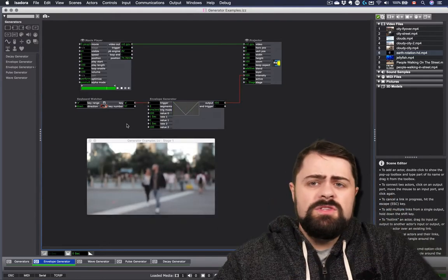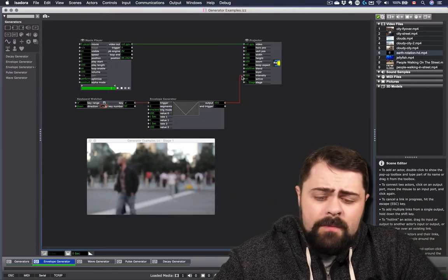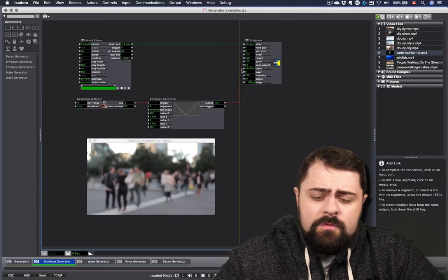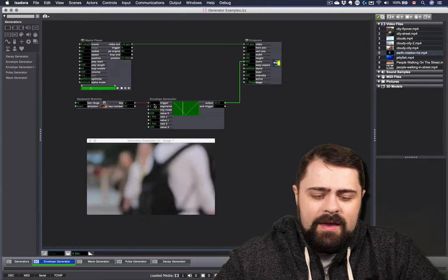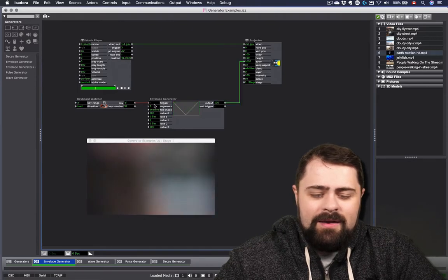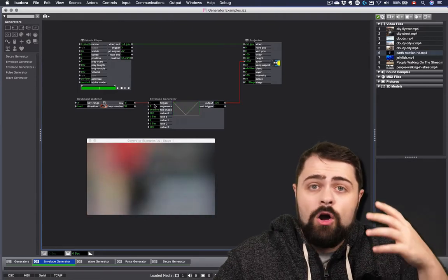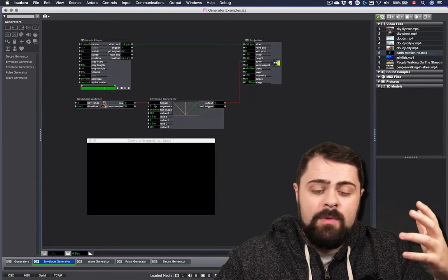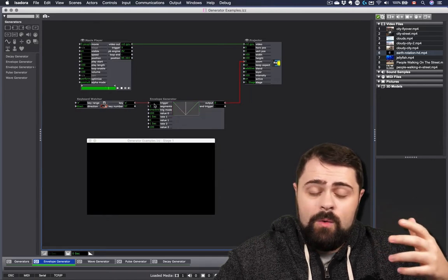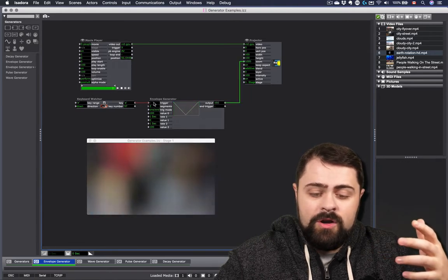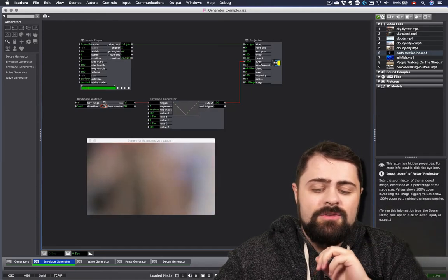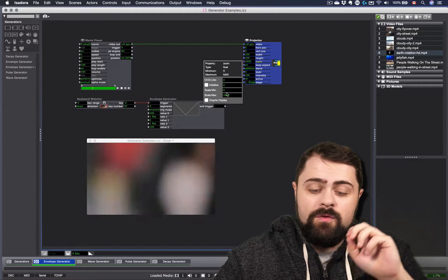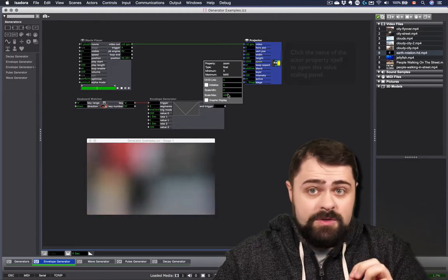Now, we could use this in other ways as well. We could cause this to move between the various zooms, zooming the whole thing in and back out again. Now, of course, these values are really, really extreme. We're going from, you can see now, when I press the envelope generator to trigger it, even though it's going from 0 to 100, it's connected to the zoom, which is going from 0 to 1000.